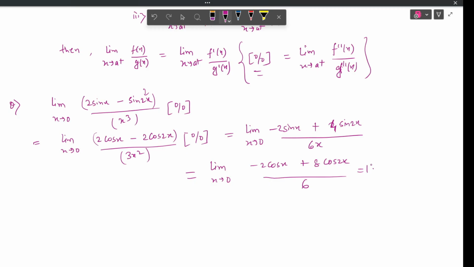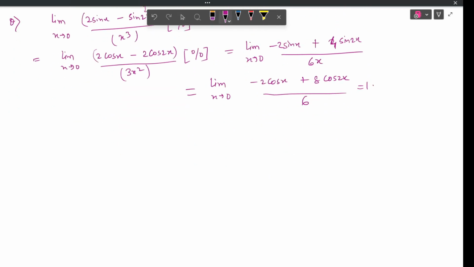Now if we talk about our next indeterminate form, let us say we are talking about infinity by infinity form. Okay, so here